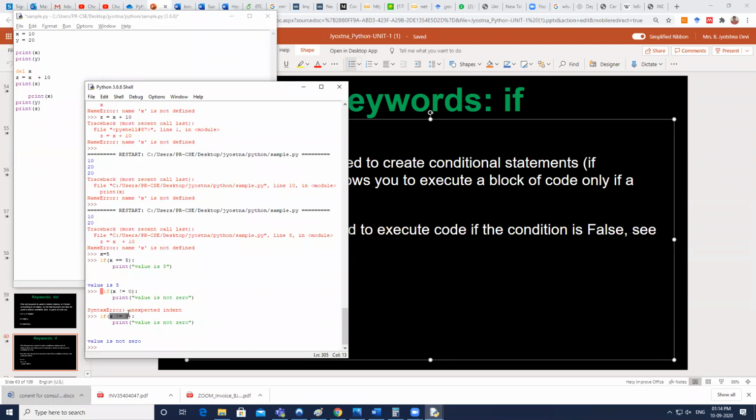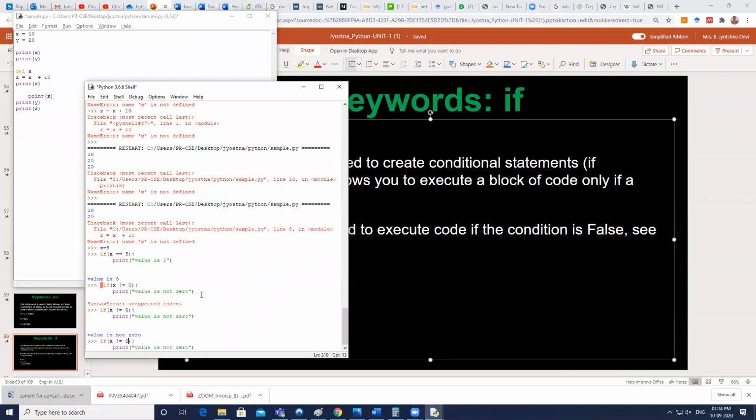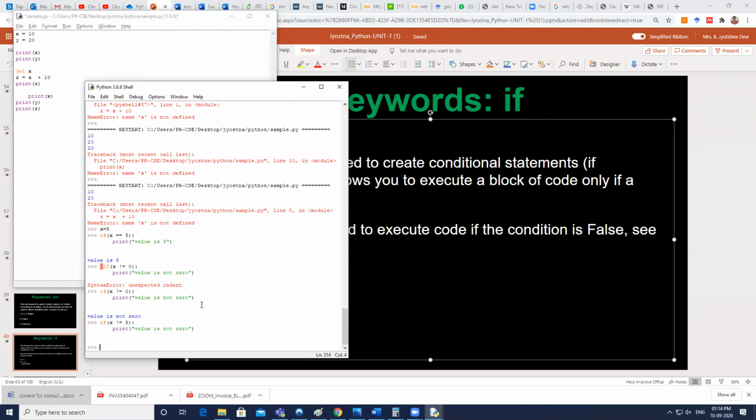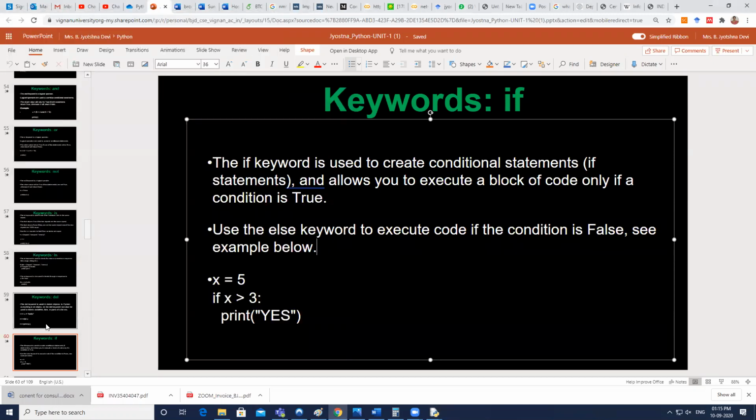So if x is non-zero, is the statement true? The statement made true, sorry. I wanted to make this false. X is not equal to 5. Now nothing will be displayed because this condition is not met. If this condition is met, then only whatever is inside that statement will be executed. That is how you can use the if keyword.